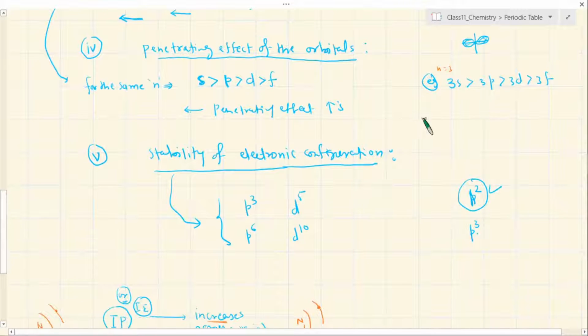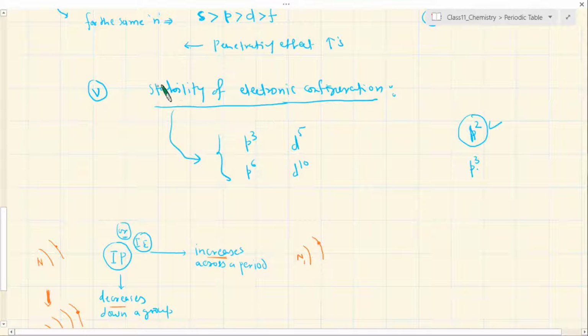If the electron has to be removed from the p orbital versus the s orbital, it will be easier to remove it from the p than from the s. Then there is another important factor which we have discussed very extensively, and it is also related to the electronic configuration. We know that these orbitals are either partially filled like this, or even f orbitals, if you consider f7, and the maximum capacity of f orbitals is 14 because there are 7 of them. Just like there are 3 p orbitals, there are 5 d orbitals, there are 7 f orbitals.